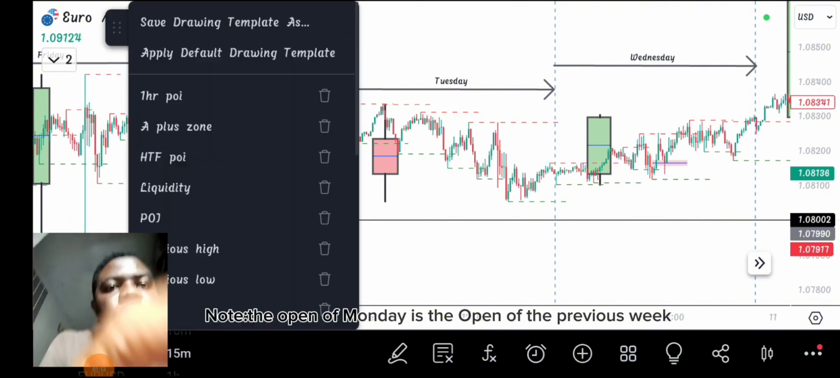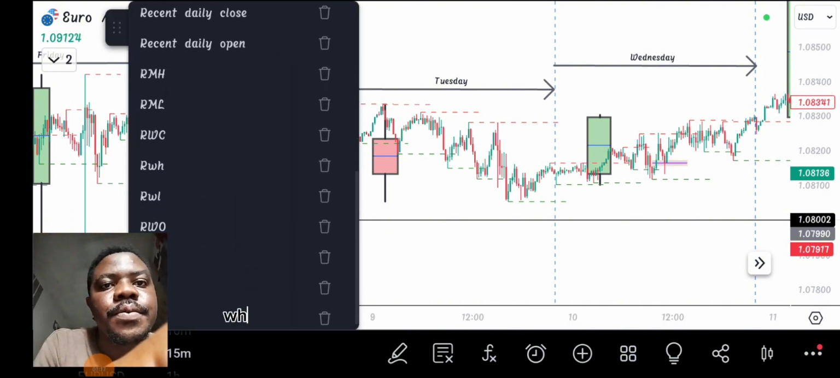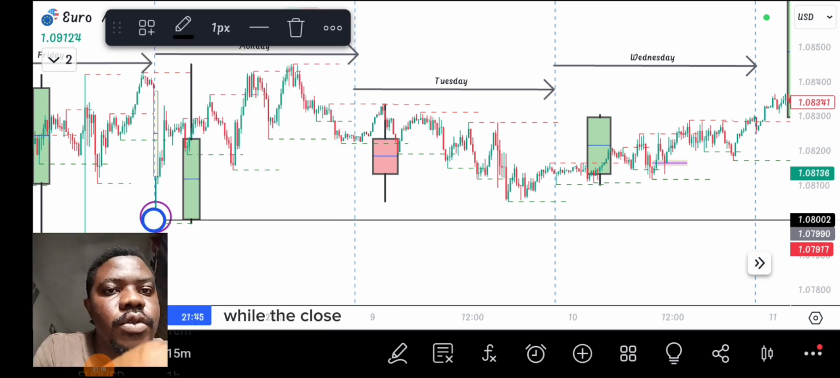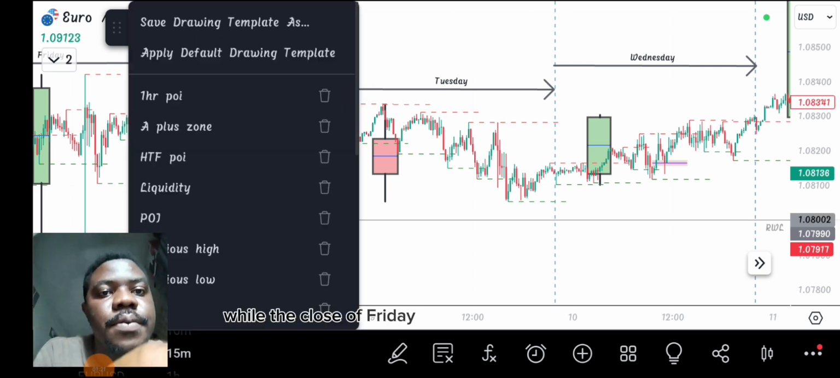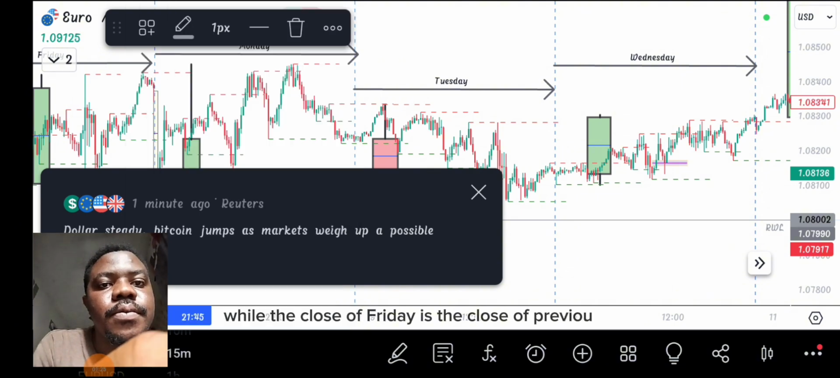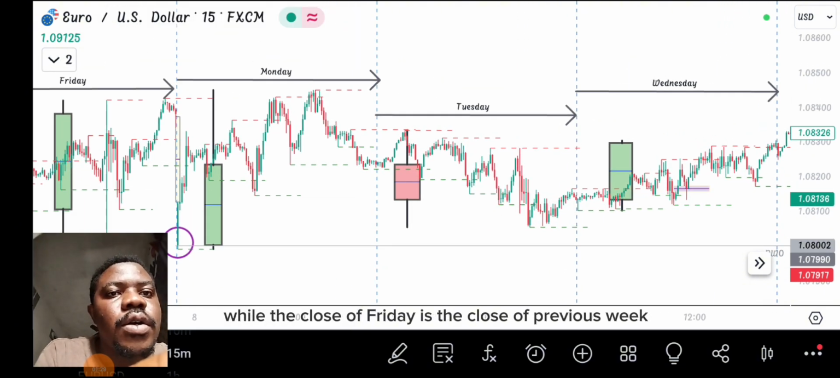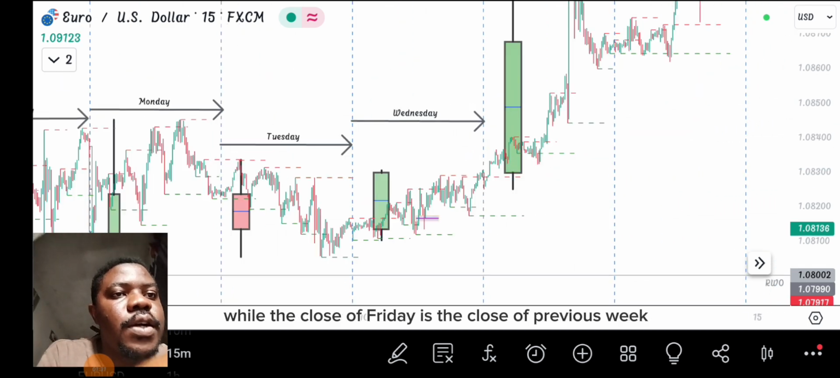We name it recent weekly open, recent weekly open. And then we now trace the